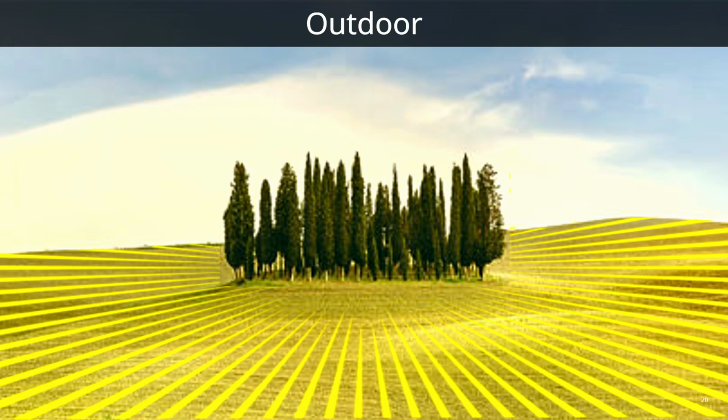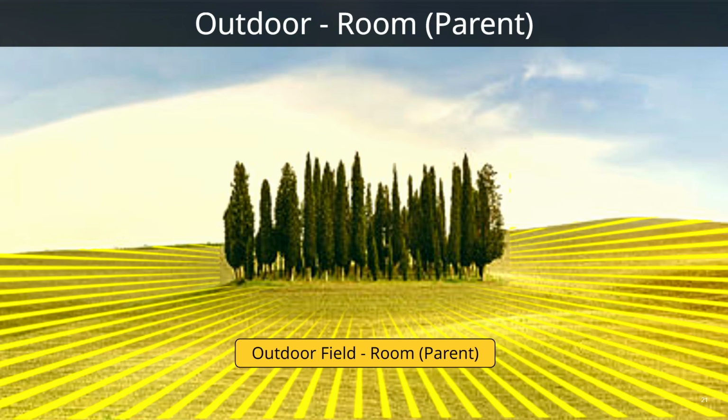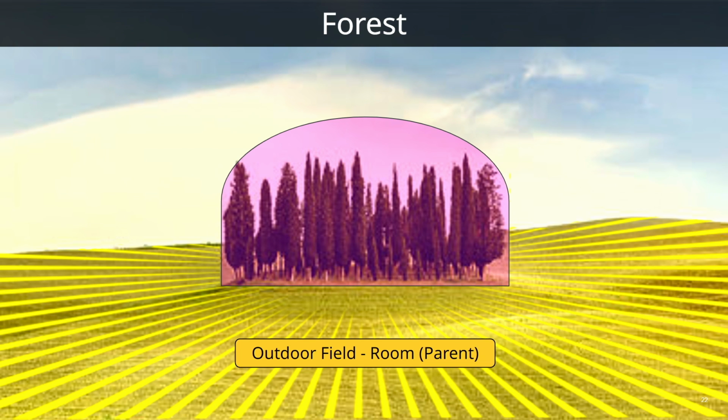We've got an outdoor space. It's a field in an imaginary world. In fact, we're in the Wizard of Oz. We're traipsing through the poppies. We're out in the world, and we can define this outdoor space as our parent spatial audio room. We can give this its own ambient background sounds. We can give it its own reverb, the sound of outdoor reflections. Meanwhile, we've got this group of trees in the center. Well, let's call it the Emerald City.